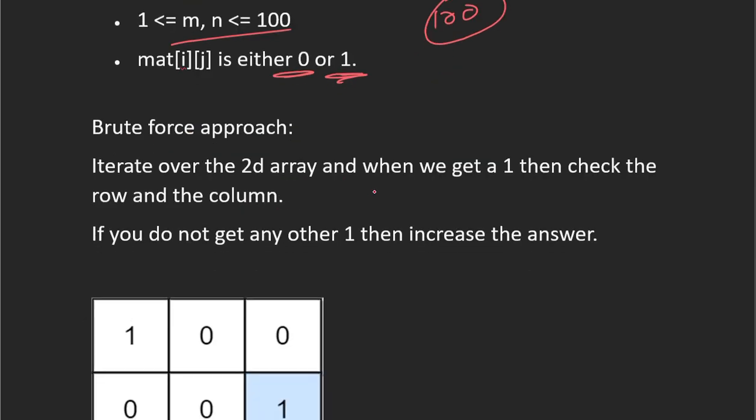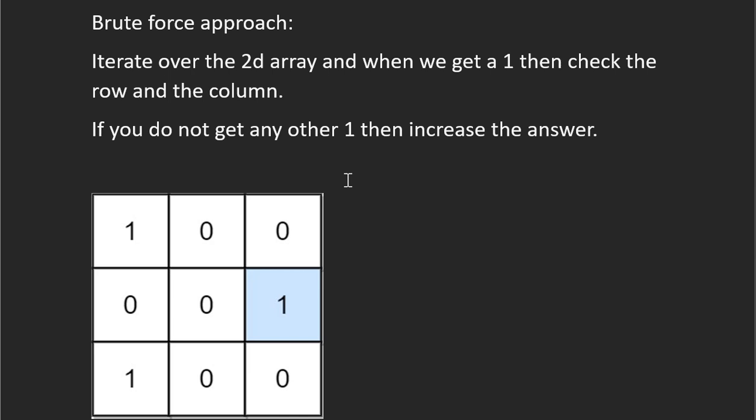So let's start with the brute force approach, and then we will optimize it. We will iterate over the 2D array, and when we get an element as 1, we first check the row, whether all the elements except this element are 0 or not. If all the elements are 0 in that row, then we check the column, right?